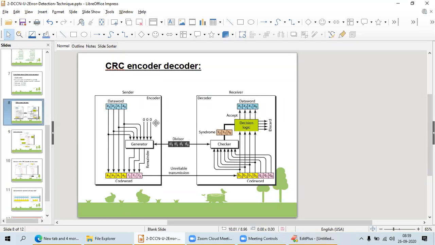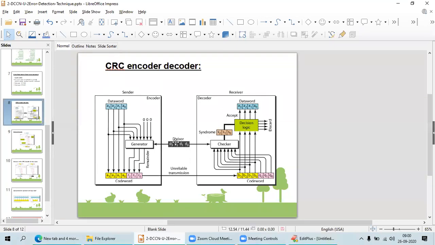Whatever the generator remainder is, I add that remainder to my data word, making the data word a code word. Again I send the code word to my receiver. What will the receiver do? He will divide the data with the same divisor.